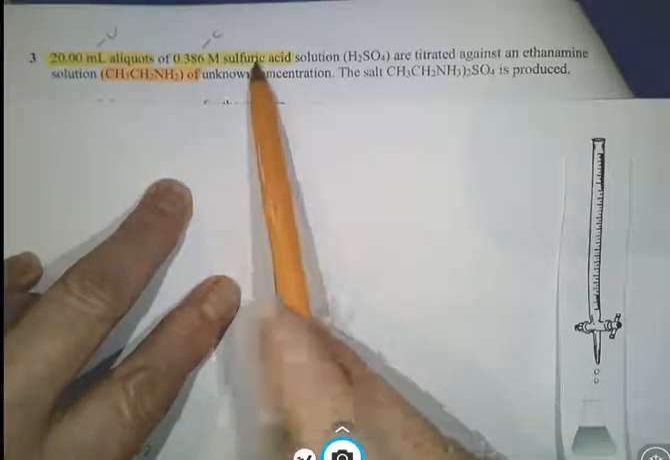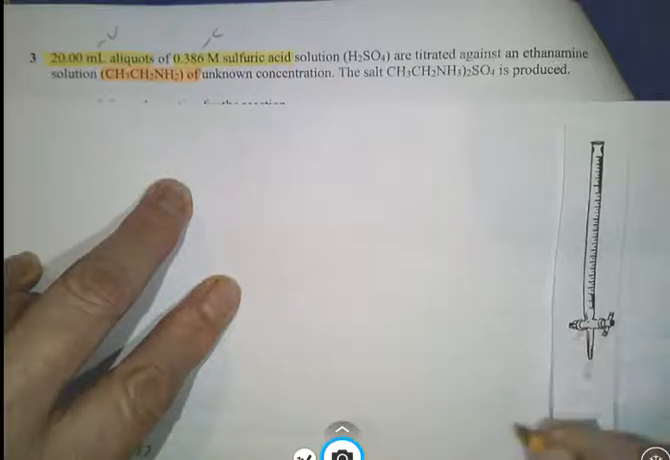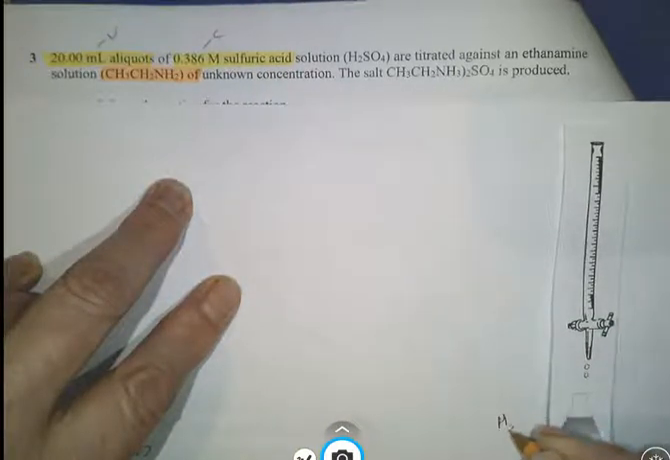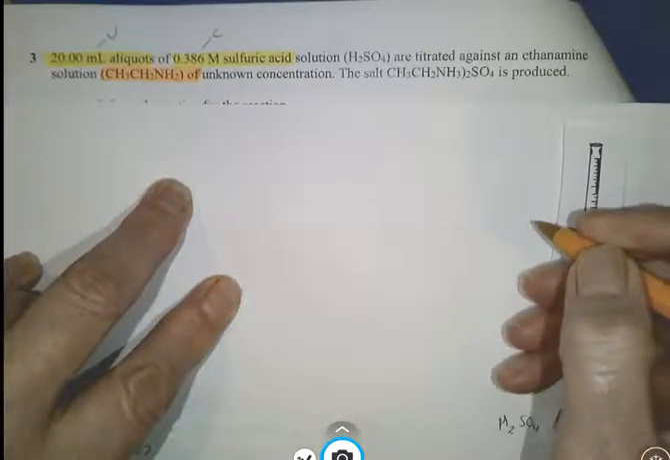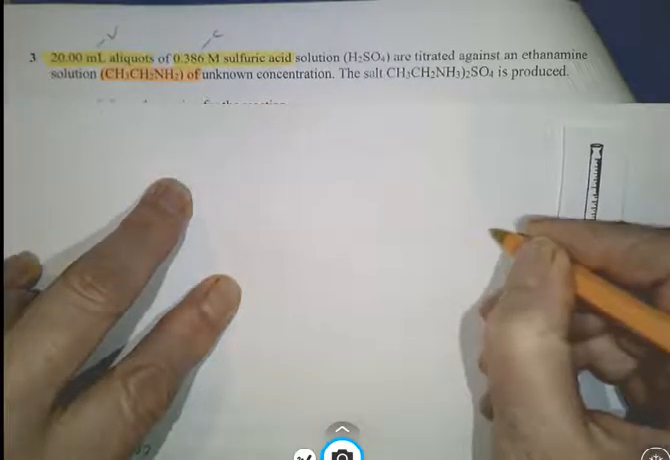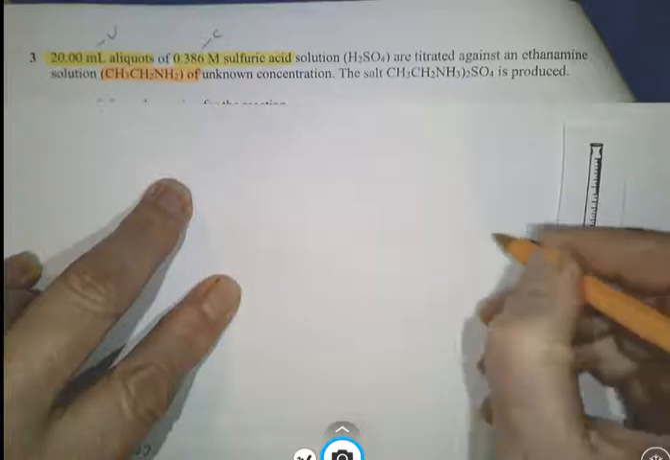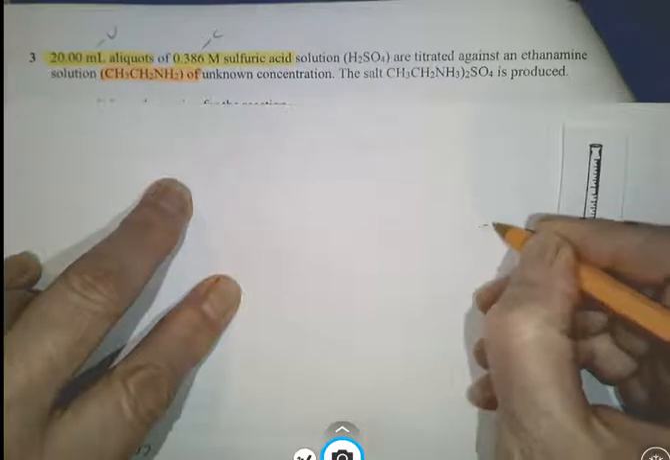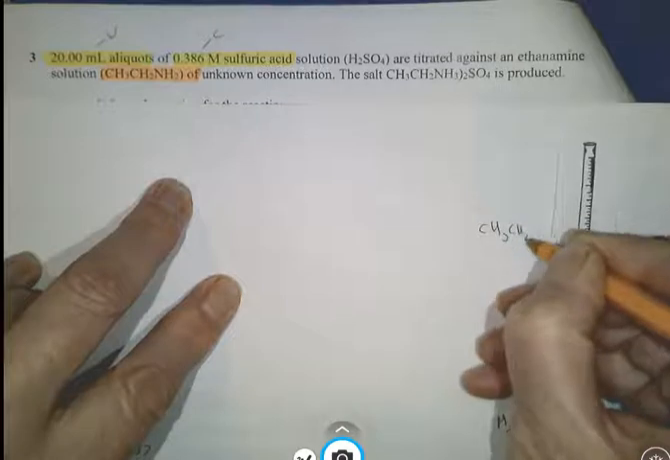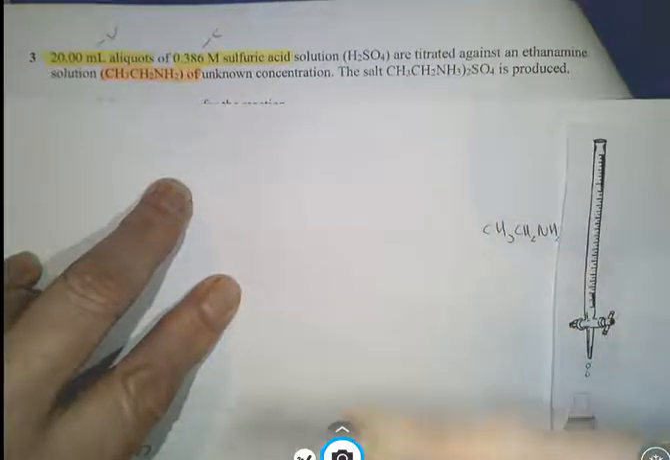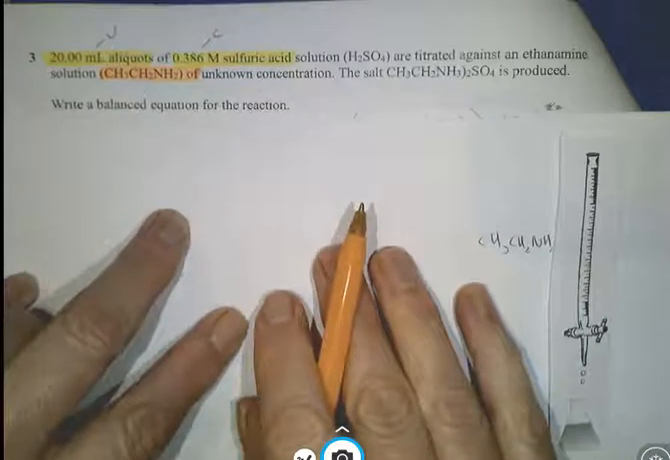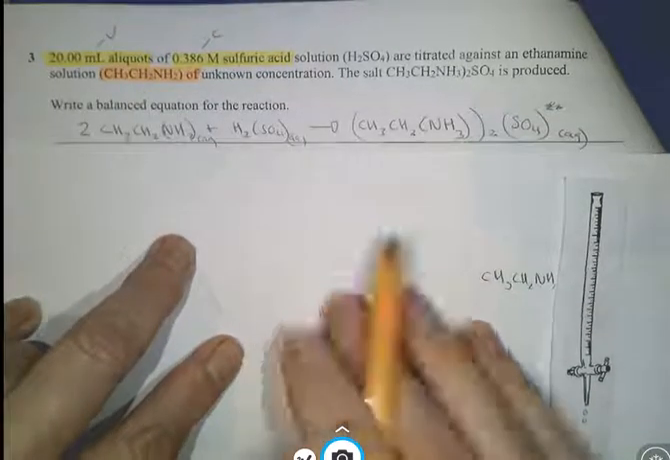Alright, so we've got our sulfuric acid, H2SO4, that we know the amount of down here, and we're trying to find our ethanamine up here. So our unknown is up here. I'm going to move this in a minute because it's a bit clunky. Anyway, so